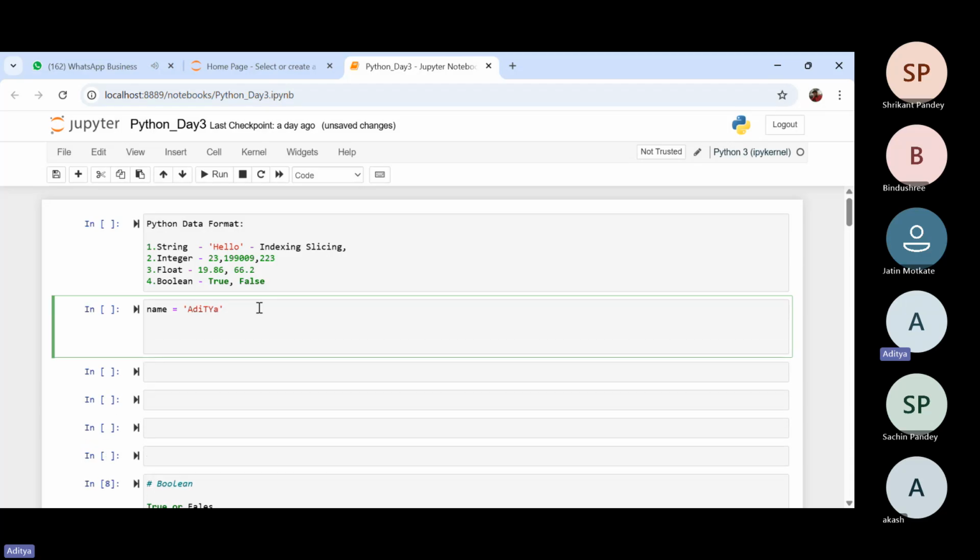There are furthermore methods, guys, which we can implement on strings, such as